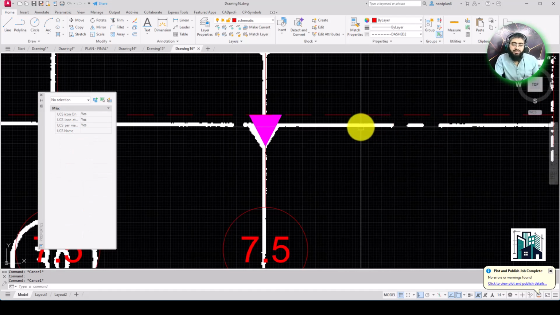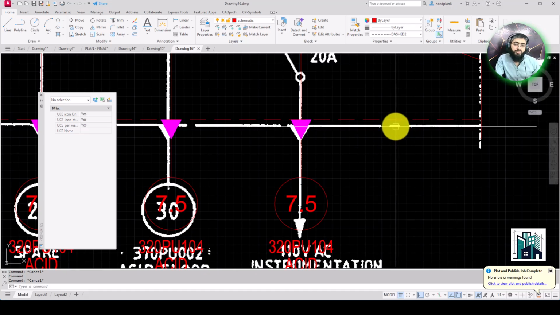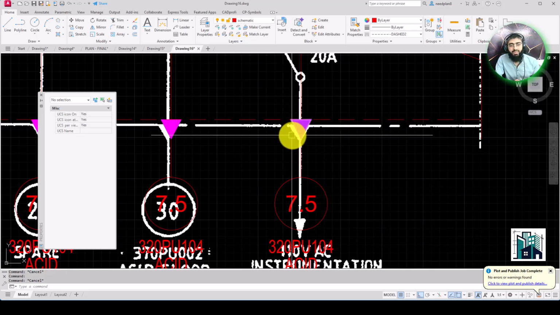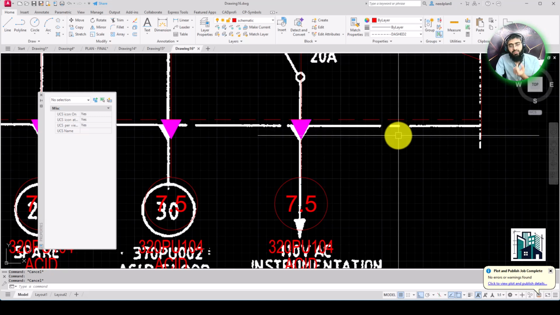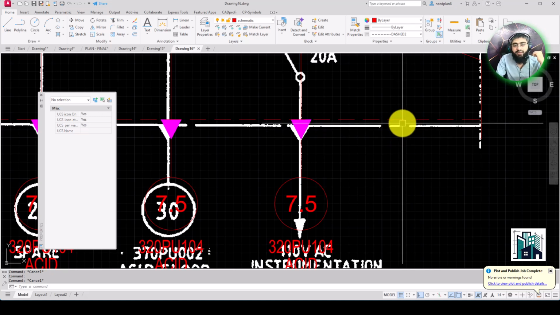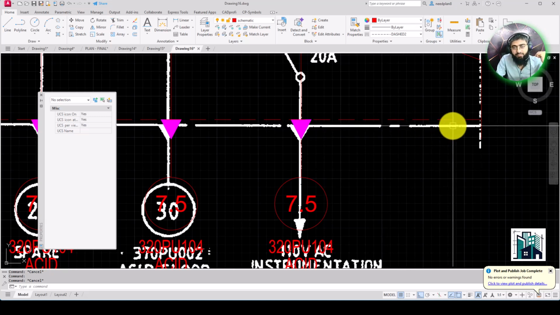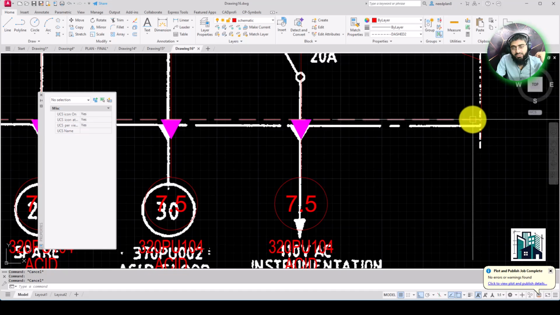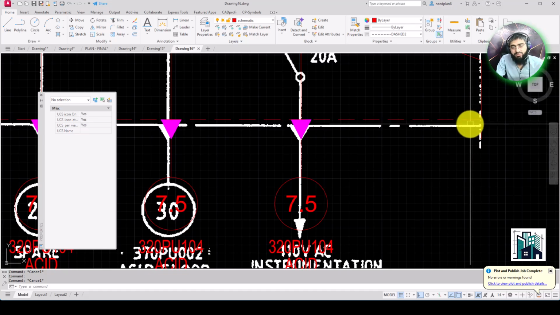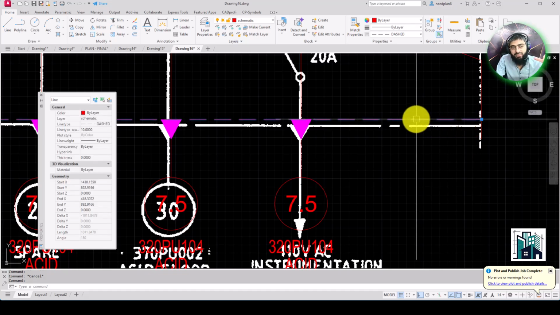If you want one small dash and then a space, the same length, and then a bigger line between those dash lines, you'll have to create similar lines. But what we have is just evenly spaced, the same space, this and then this and then this, and these spaces are the same.